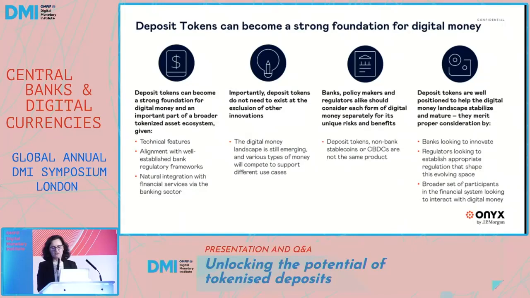Deposit tokens can coexist along these other forms of digital money, and especially with CBDCs, there could be opportunities to use CBDCs, wholesale CBDCs, as the settlement layer. But other forms of settlement interoperability models can also exist, such as leveraging correspondent bank setups that exist today, leveraging existing payment RTGS systems, and other forms of interoperability, such as the shared ledger that we talked about, can be the interoperability model for deposit tokens.